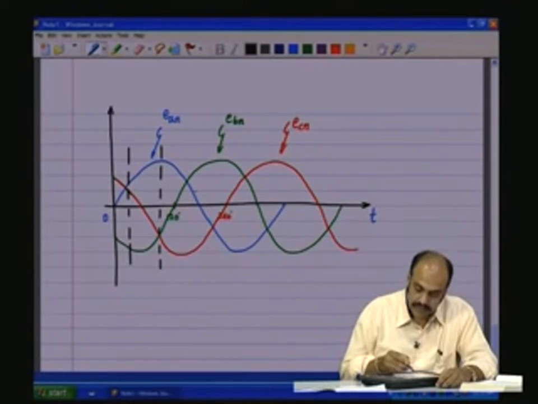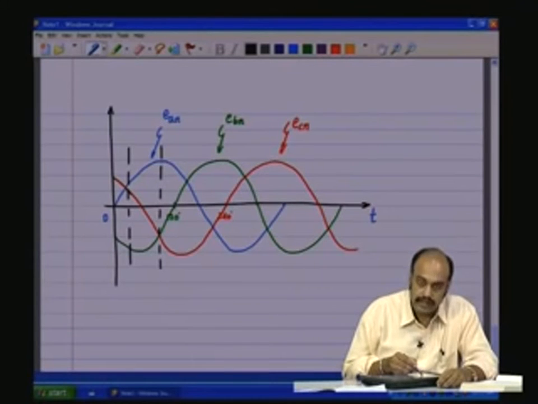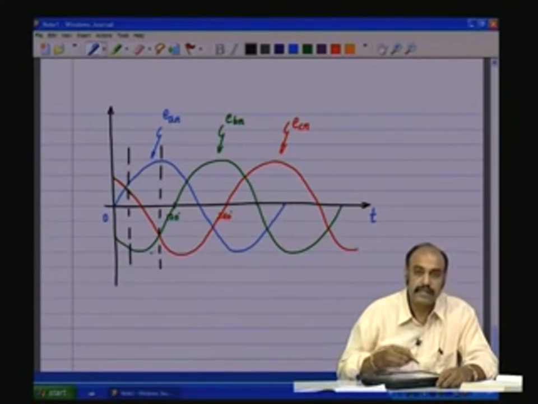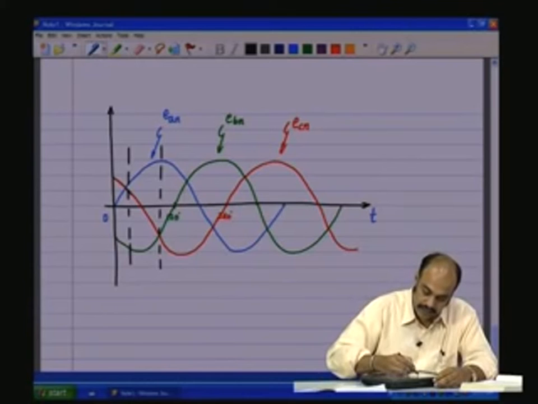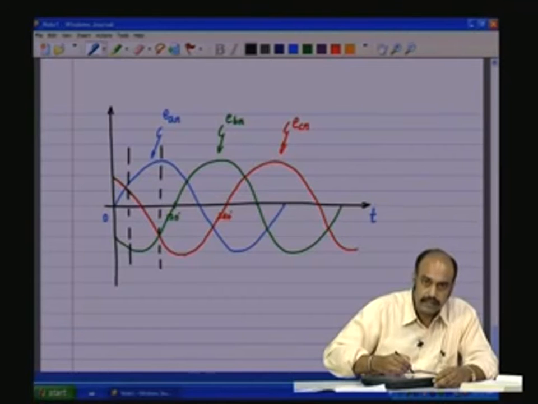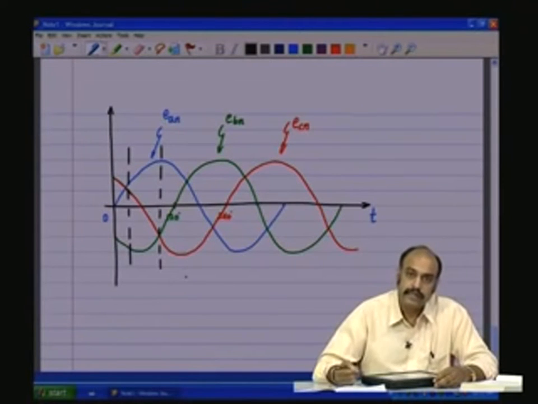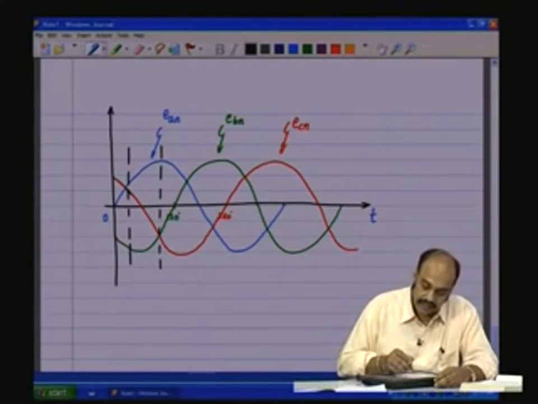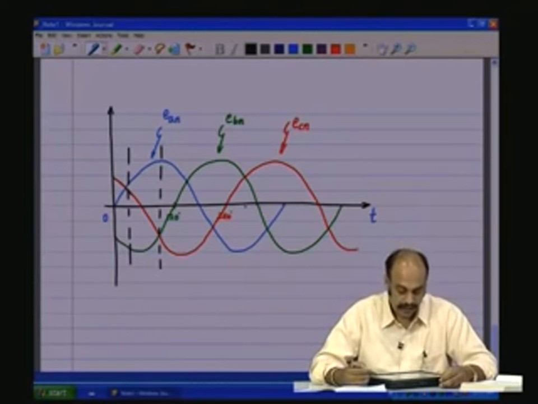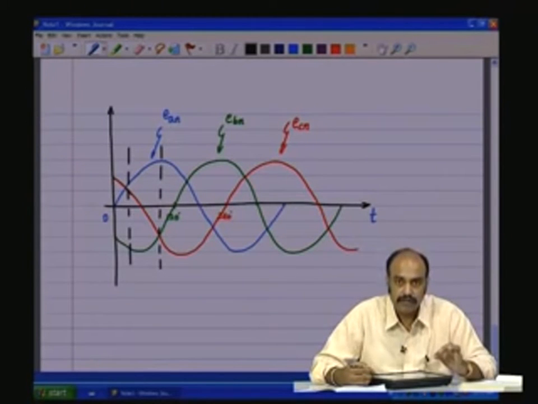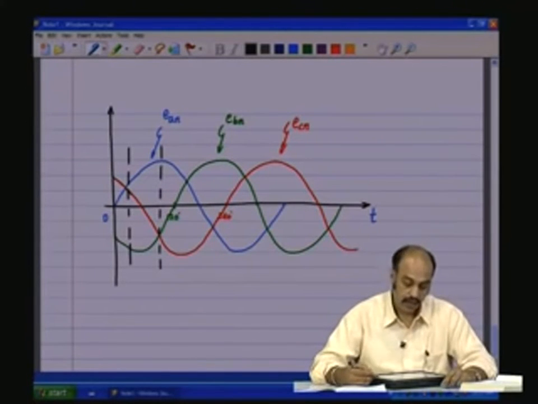Let us say if this point is having a value which is half. So, the red one, which is the E C N, is having half, let us say normalized value. Green one is minus half. So, minus half plus minus half is minus 1. This is 100% peak. So, they both cancel and it becomes 0. Likewise, let us say at this point, it is plus half and plus half. Blue is plus half, green is plus half, red is minus 1, gets cancelled, becomes 0. Likewise, at every point you will see that the addition of all these three becomes 0,